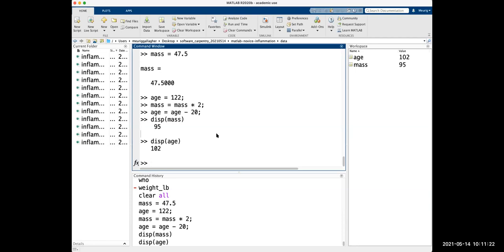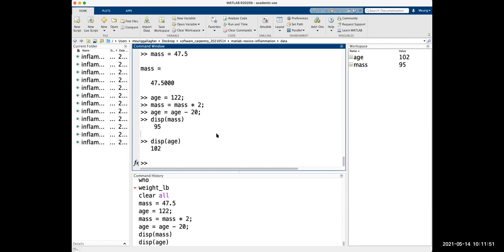So by the end of tomorrow, we'll have gone through how to write your own functions, how to write your own scripts, and you'll all be MATLAB whizzes, and it'll be great. So there's lots of things you can do. I mean, MATLAB is a very amenable language to doing lots of bad practice things. The nice thing about MATLAB is that it's very easy. We don't have to worry about lots of things that we would do with more complicated programming languages.